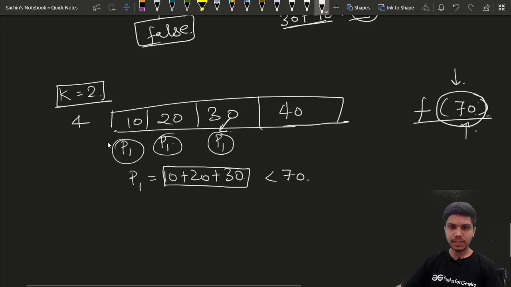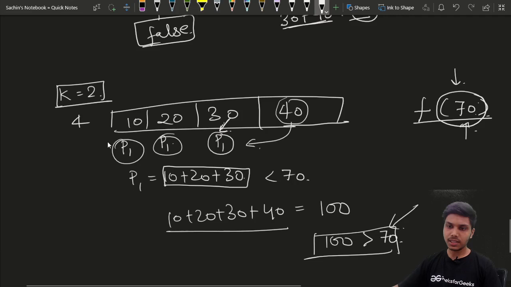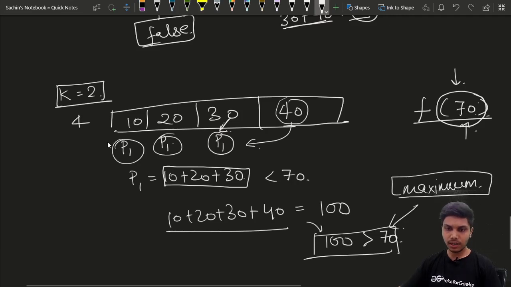Now I will check whether it is possible to assign the fourth board to our previous painter, that is the first painter. The time needed to paint all these 4 boards by the first painter would be 100, which is greater than our 70. Basically 70 is the maximum time a painter can have to paint his assigned boards, and he is taking 100 units of time.